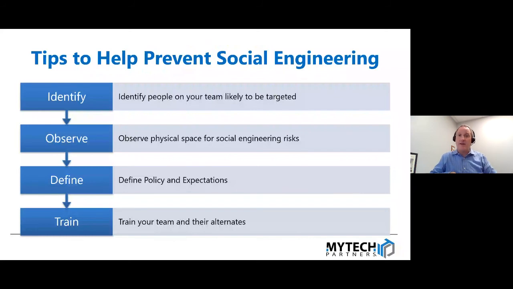Also, you could hire someone to do this, because there are people like Kevin Mitnick who get paid to attack and see if they can breach your security. But one of the things you can do is think like a social engineer. If I'm trying to walk into your front door and pretend that I'm trying to impersonate someone or get information, can I see information that's readily available in the physical space that might allow me to social engineer your own company? Take a third-party perspective on that, and then use that information to define policies and expectations.